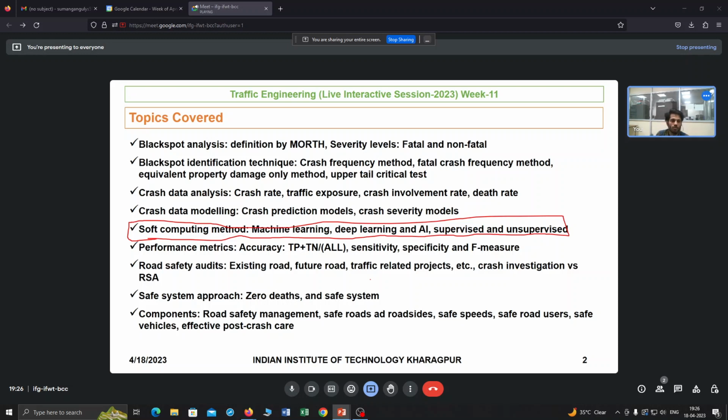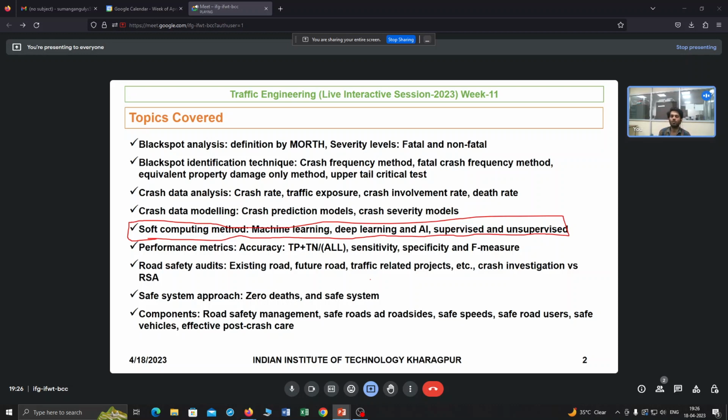No, 9 modules in total. So we will just briefly look at what are the things that have been covered, and then if you have anything to ask the next day you can ask, otherwise that will be the last